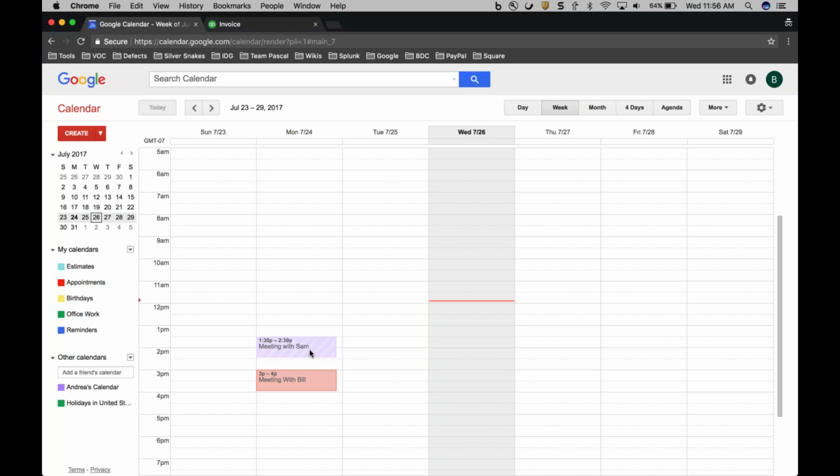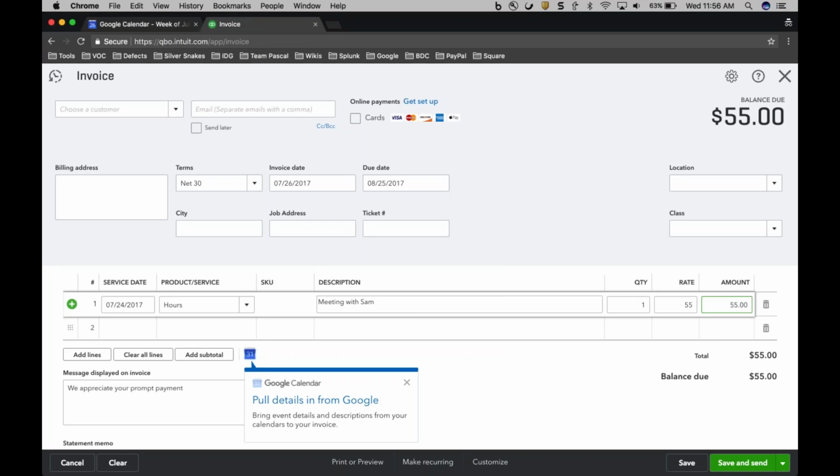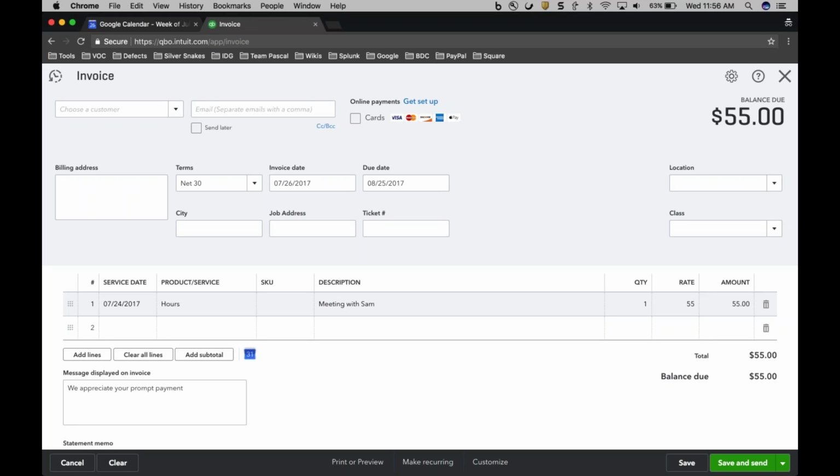I can go ahead and bill for that now that it is past. I will select that meeting. You can simply hover over this as well to make sure that it is the right time slot that you're selecting, just to confirm. And then I will add to my invoice. Here you will notice that it has placed in my service date on which the actual event happened, my default product and service, which I selected upon setup, my description from the calendar event, as well as